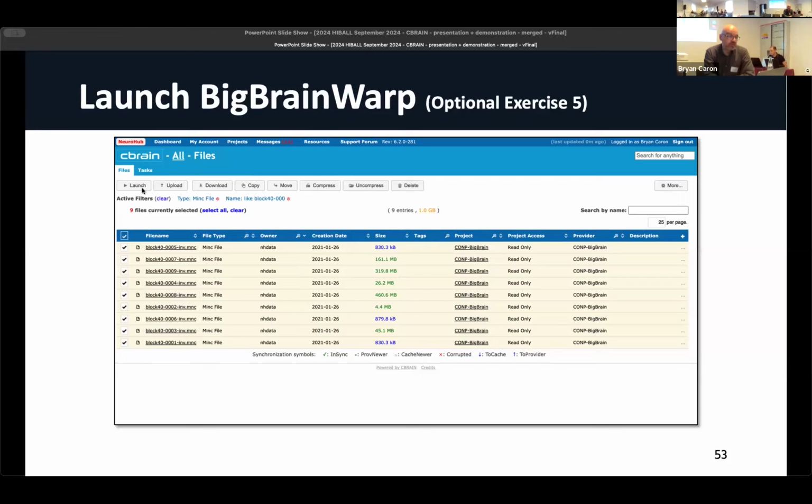One, you can actually then just go click and launch, but I'm just going to show you a different approach that creates what's called a CSV file or a CBRAIN CSV file. So what it means is that even though I put a checkbox beside all these files, I want them to be all treated the same way when I'm working with my analysis tool. So I'm going to create a CSV file that contains information about each of those files, and I'm going to pass the CSV as the input to the tool.